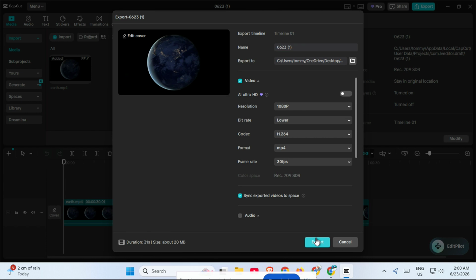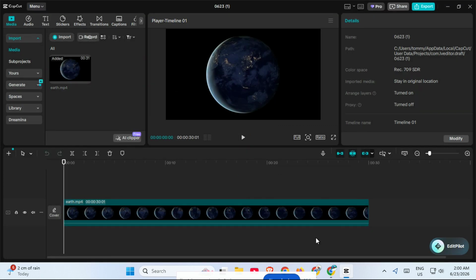too far. So to quickly recap, start by disabling hardware encoding in performance settings, then clear your cache and finally reduce your export settings if needed. These three fixes solve most CapCut render errors and can save you a lot of frustration. If one step doesn't work, move on to the next, because the problem may be a combination of settings rather than just one issue. I hope this helped you fix the CapCut render error and get back to editing without